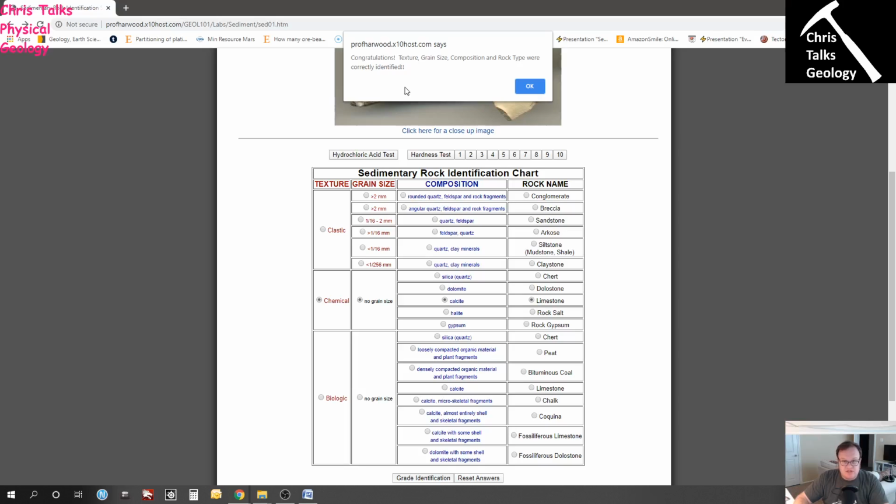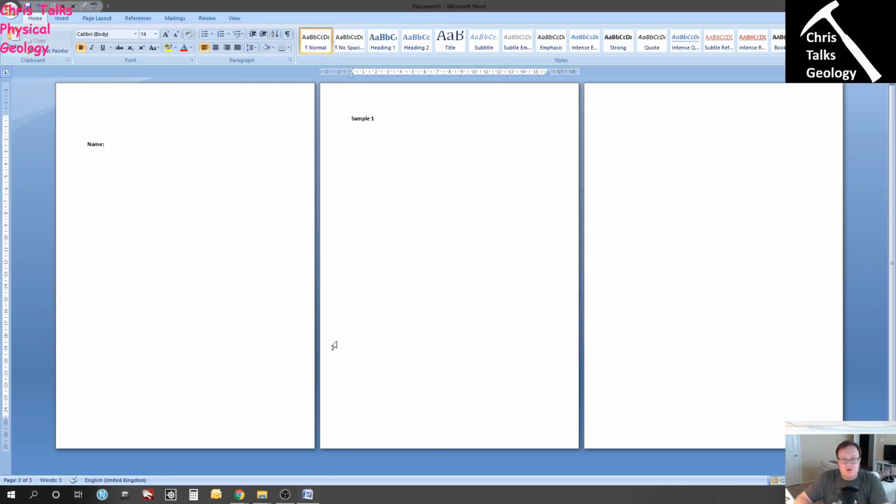Now don't click OK. What we're going to do next is you're going to reach for your keyboard and you're going to hit the print screen button. Okay, and that's going to take a screen grab of your screen right now. So what are we going to do with that? Well, the next thing to do is to open up a Word document. Now in your Word document, the first page is going to have your name on it. The second page is going to be named sample 1. So you're going to put your image that you just took with the print screen onto this. So you're going to do Control V,